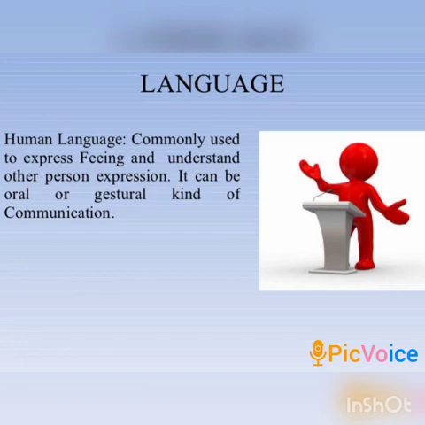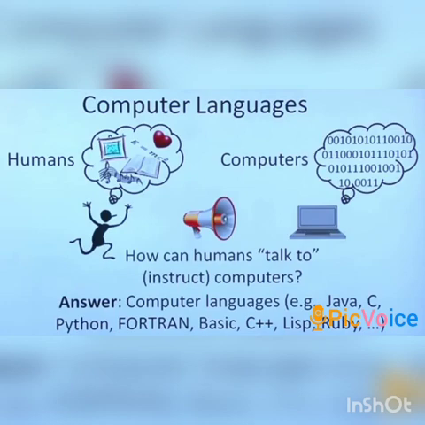First of all, we should know what a language is. A language is a medium to express our views and feelings to others. Now, let's talk about computer languages. Humans use language to communicate in different regions and languages. Computer languages have varying levels of abstraction such that humans can develop programs.